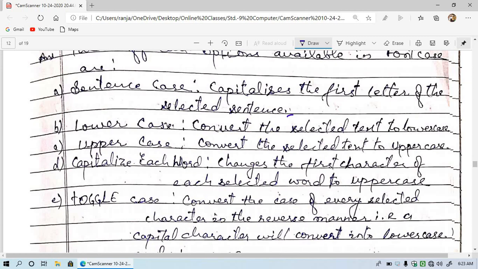In lowercase, the second one, it converts the selected text to lowercase, and the third one, uppercase, converts the selected text into uppercase, and the fourth one, capitalize each word. It is somewhat special, in which the first letter of each selected word is converted into uppercase.